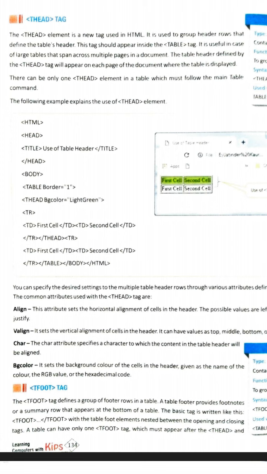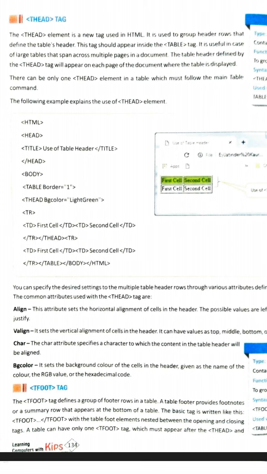And when you scroll the web page, what will happen? Suppose you have the data of the students, and in the first row you have written roll number, admission number, name, father name, telephone number, etc., and you are going to the